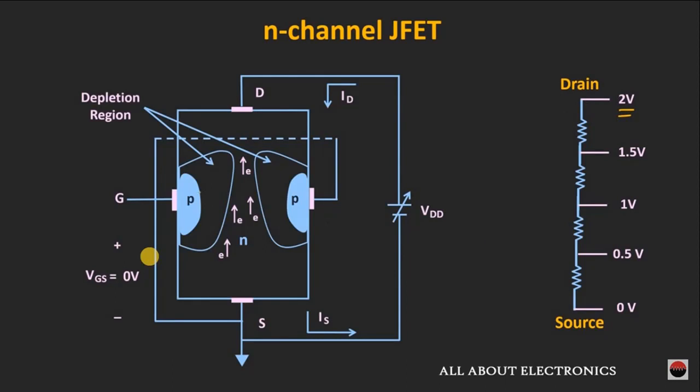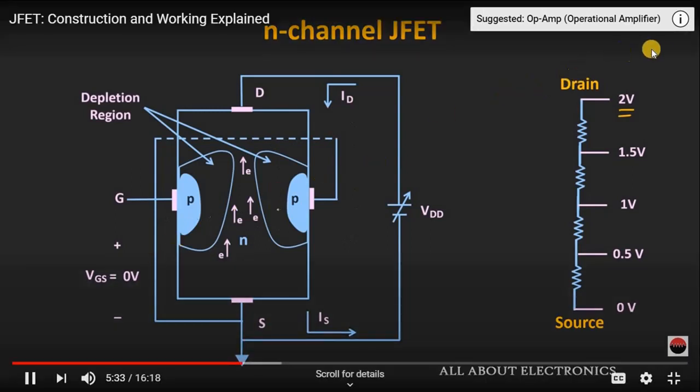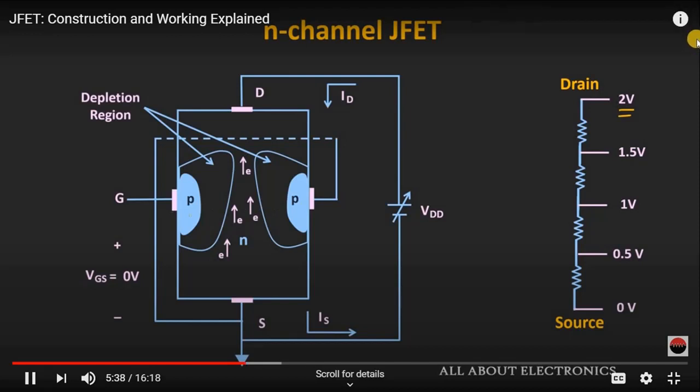And due to that, the upper region of the p-type material will be more reverse biased compared to the lower region. And as we had seen in the earlier videos, as we increase the applied reverse bias voltage, the width of the depletion region will increase. So due to that, the depletion region is wider at the top portion and it is narrower at the bottom portion. So in short, due to the applied voltage VDS, these two PN junctions will become reverse biased, and due to that, only a small amount of reverse saturation current will flow through this PN junction.